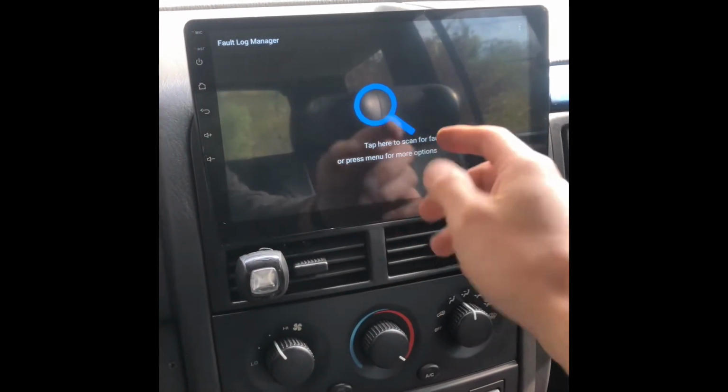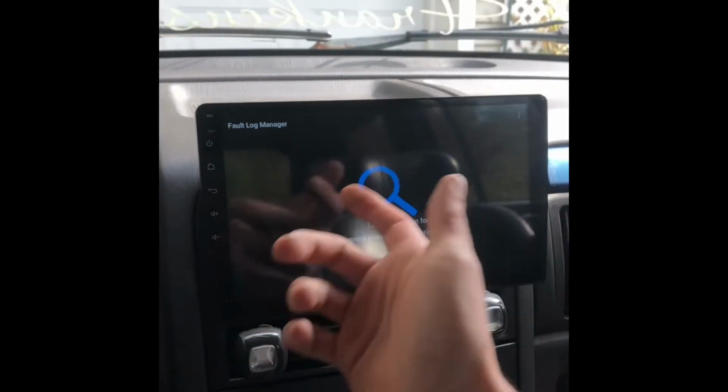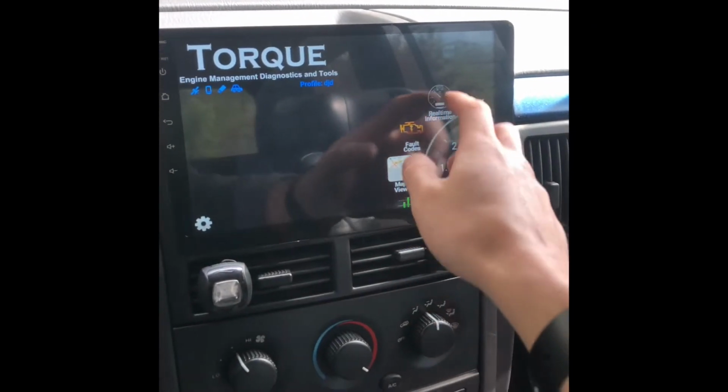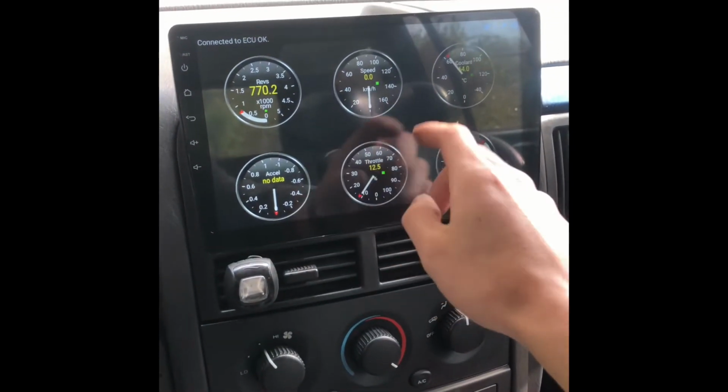So right here you can see all your fault codes. You just hit search. I don't have any codes right now. I cleared the code just to see if it comes back, because I'm really not trying to buy another throttle position sensor. The cool thing about this is,